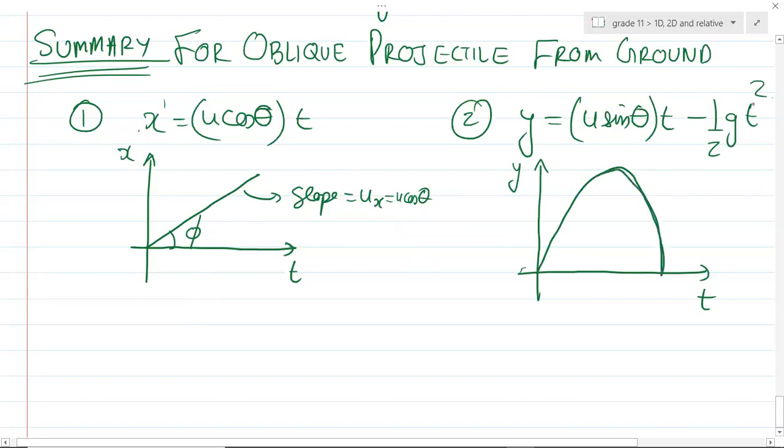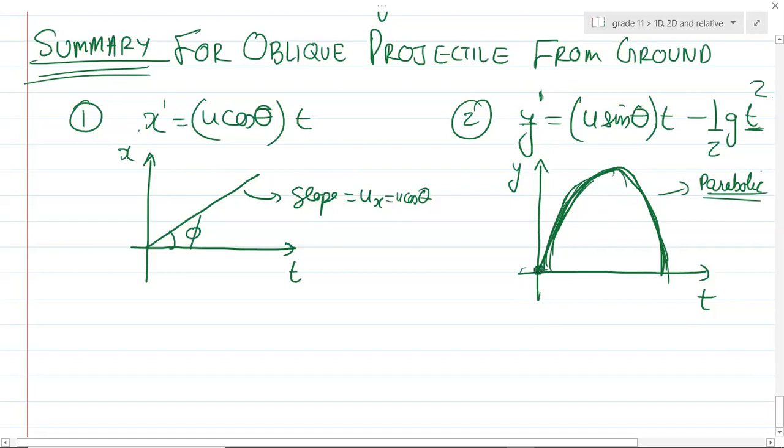And the slope is also... Can you see the time has power 2 and y has power 1? So that's why the graph is parabolic. And the slope will keep on changing at different times. So the y coordinate will be a parabola. Basically the graph between y and t will be a parabola, like this, facing downwards.